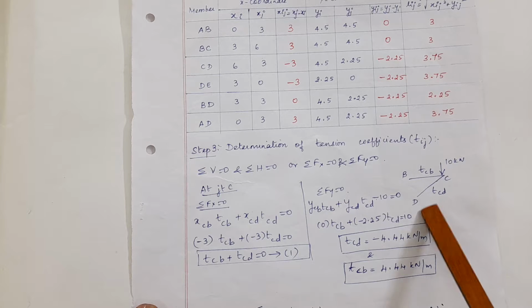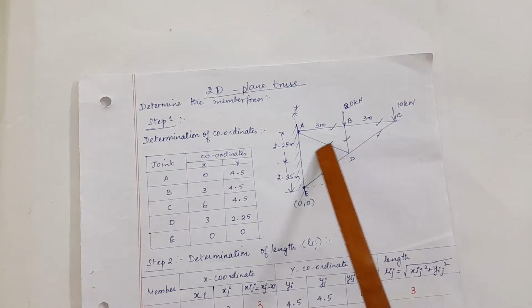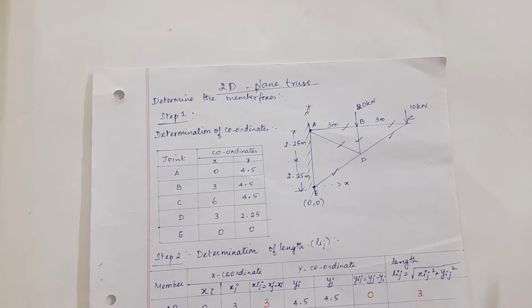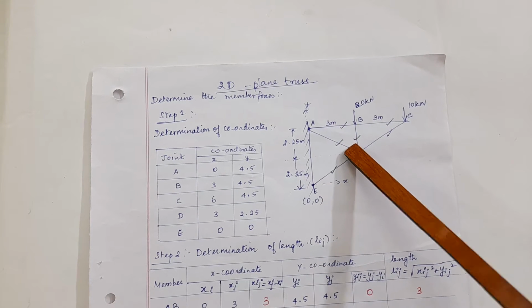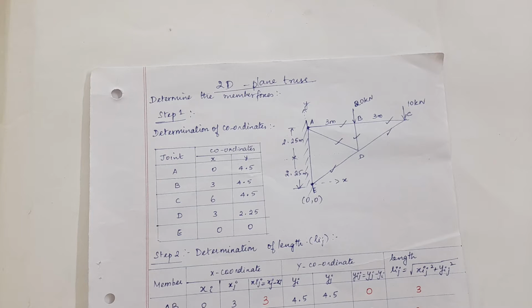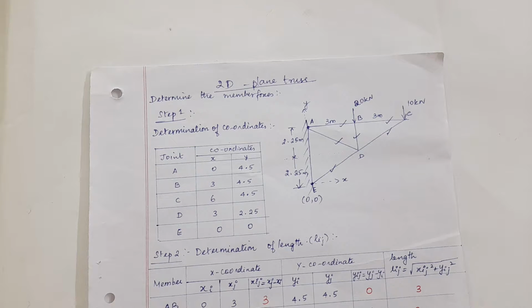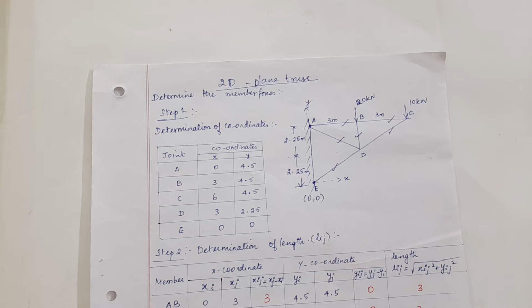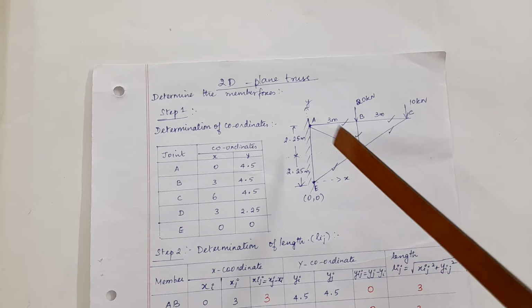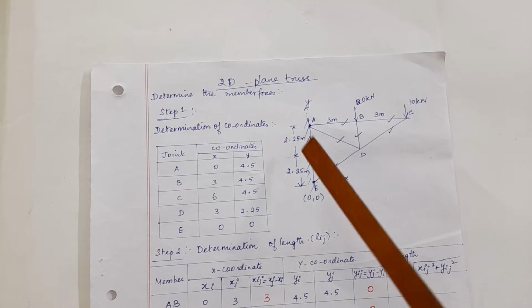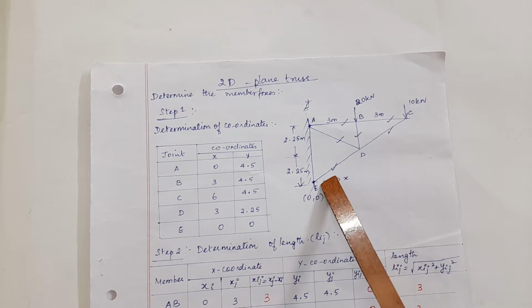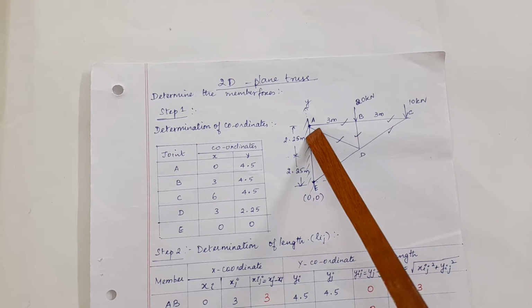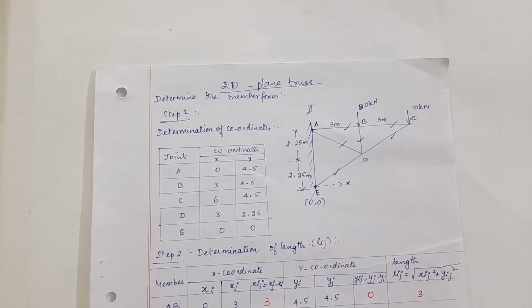With these two equations I can find these two unknowns. If I would have started from B, there are three members joining at B. Tension coefficients in three members are unknown, but I have only two equilibrium equations, so I cannot find them. Same way at D, there are more members meeting at joint D than the available equilibrium equations. If I need to go to A or E, at A I have two members, at E I have one member. I can make use of the equilibrium equations alone, but I need to find the reactions at these pinned ends.